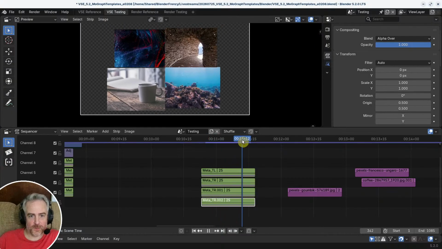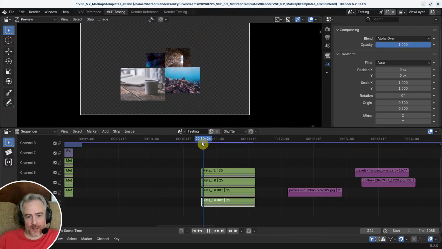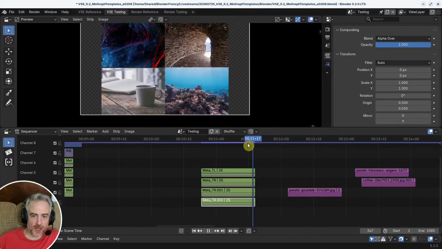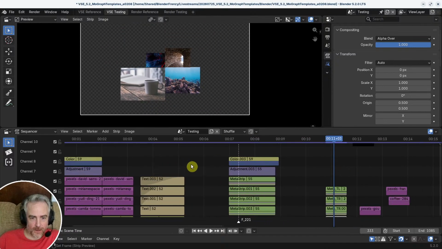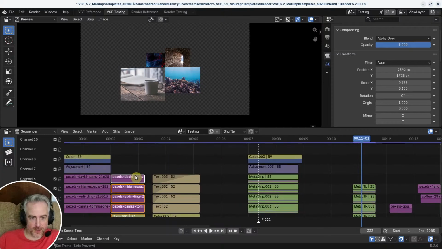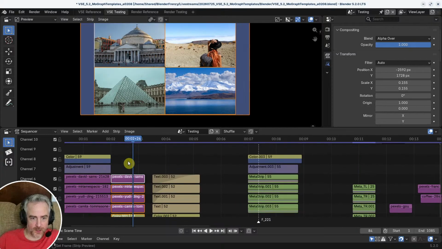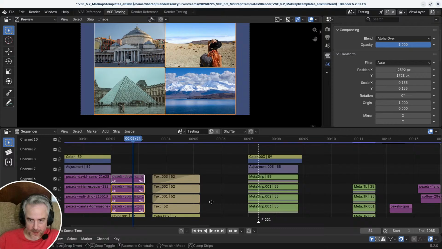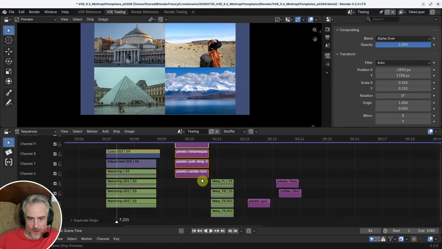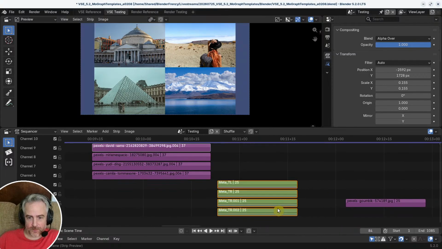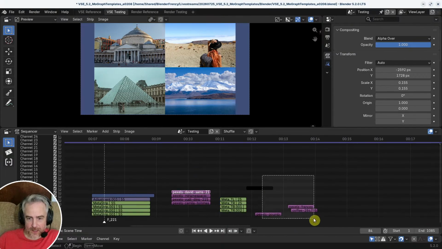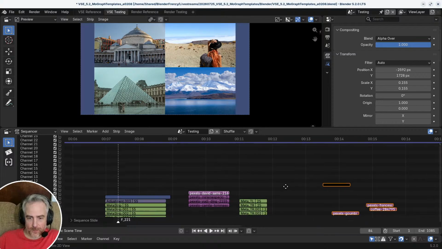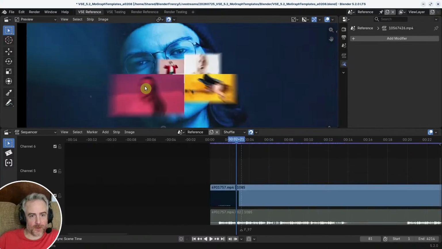Okay, so now you have the templates with the pictures, and now we can swap these pictures out with any of the other pictures that we have. Let's just take these. I'm just going to duplicate these over here, and then we can start to replace them. But before we do, there's one last thing. You can see back in our reference,